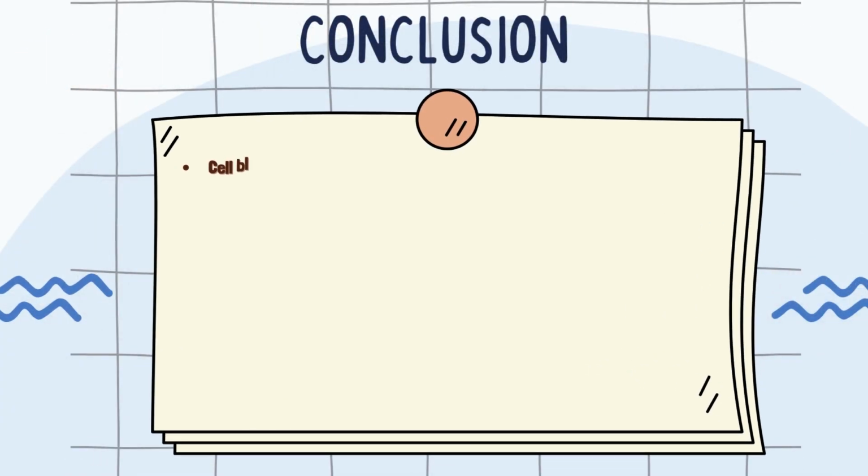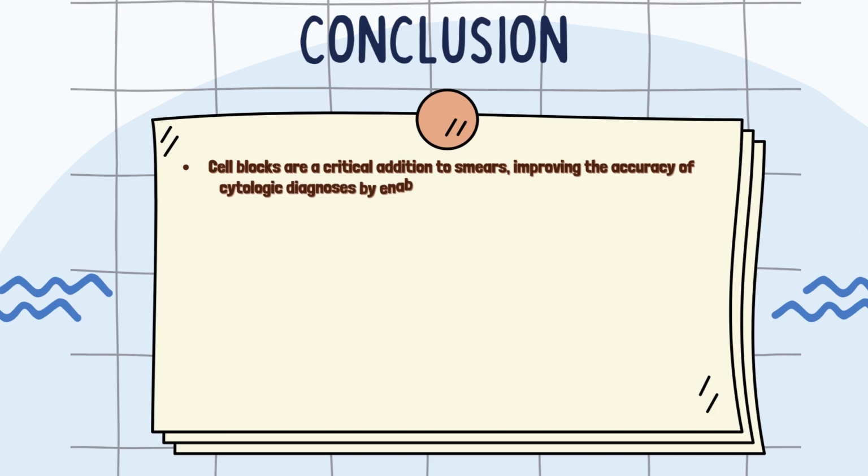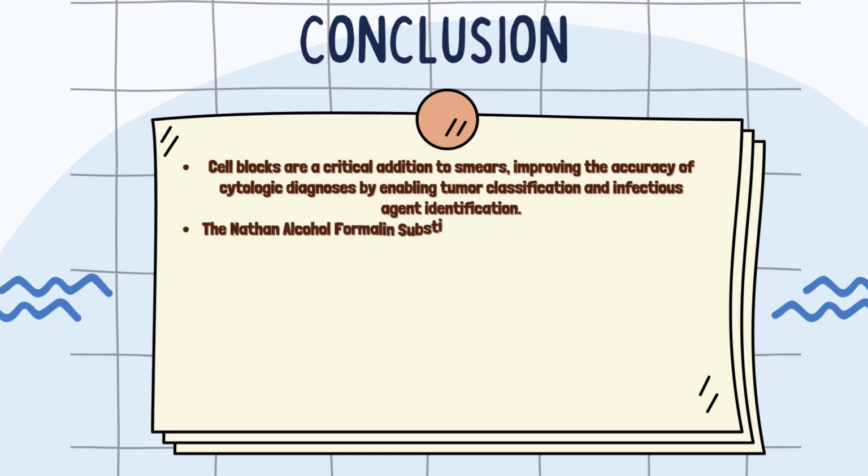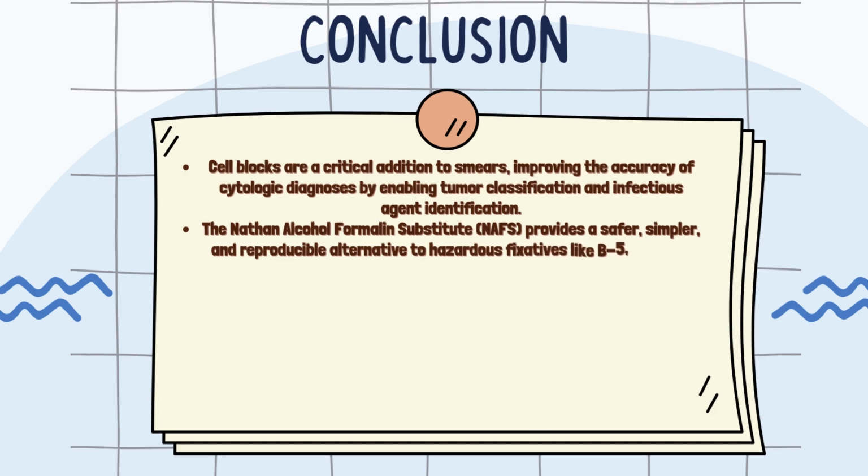In conclusion, cell block cytology is an essential addition to traditional smear techniques, significantly enhancing diagnostic accuracy. It plays a critical role in tumor classification and the identification of infectious agents, especially in cases where smears alone are insufficient. The Nathan alcohol formalin substitute, NAFS, provides a safer and simpler alternative to hazardous fixatives like B5, while